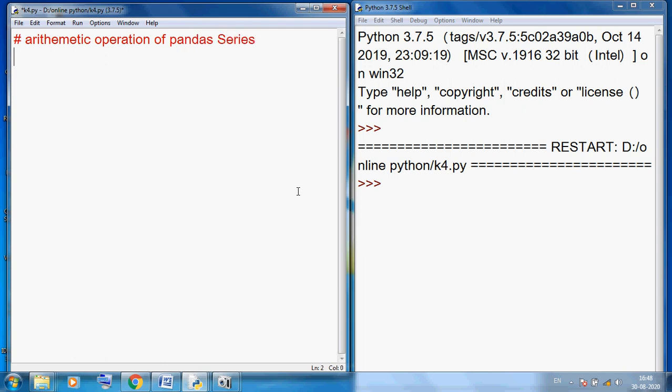We can perform addition, subtract, multiply, divide, and remainder.